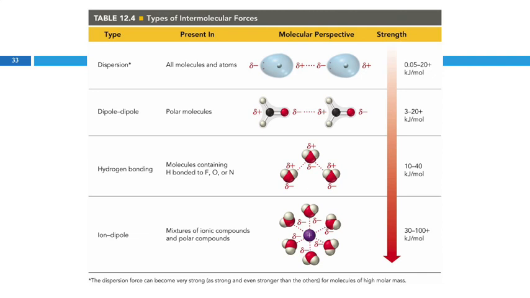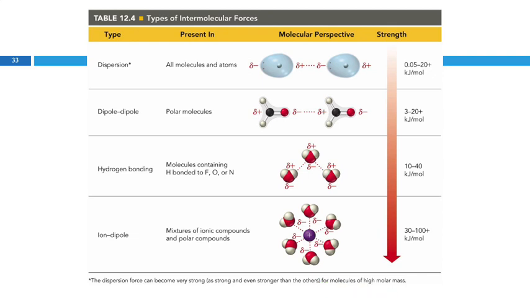This is a summary of these types of intermolecular forces in order of strength. So dispersion forces are the weakest, then dipole-dipole, hydrogen bonding, and ion dipole. But there's an asterisk for dispersion forces. Dispersion forces can be very strong, as strong or even stronger than the others for molecules of very high molar